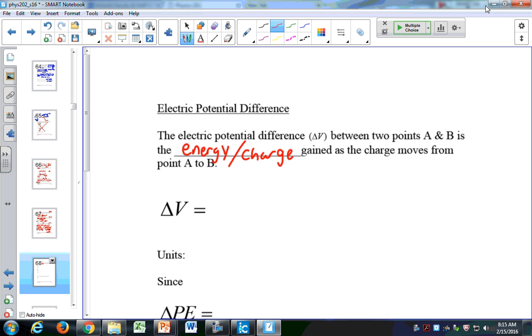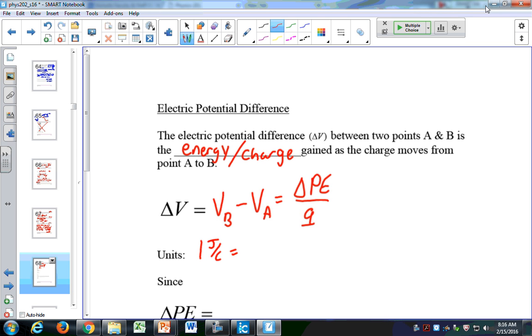And this is the energy per charge as the charge moves from point A to point B. So delta V is the potential at point B minus the potential at point A, which is equal to my change in potential energy divided by the charge. The units for potential are a joule per Coulomb,